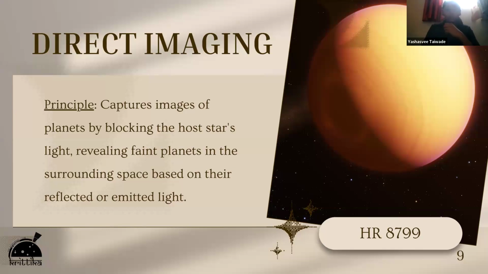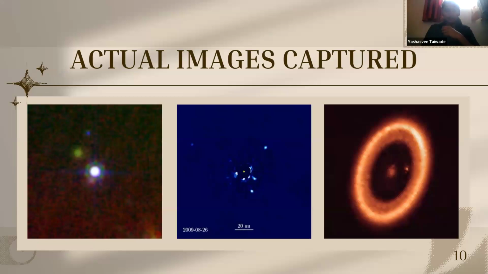Now, direct imaging is obviously very difficult, so we do not have many examples of it. There are a lot of examples in general, but it is still a bit difficult to get. These are some images from direct imaging. You can see that it is quite difficult to even see or understand whether there is an exoplanet or not. But still, it is one of the detection techniques which gives us a foolproof guarantee that yes, there is an exoplanet once it is done.